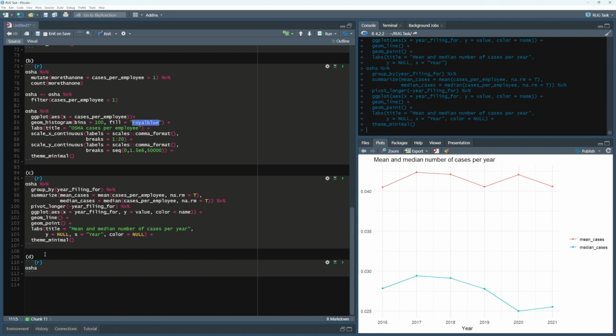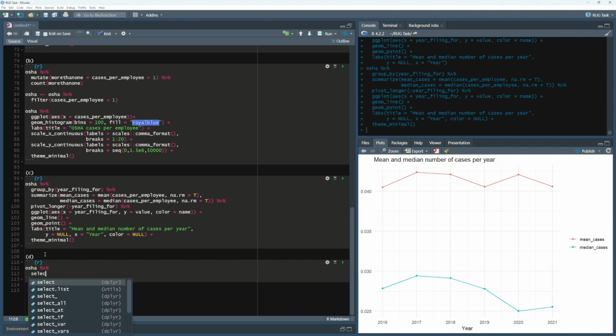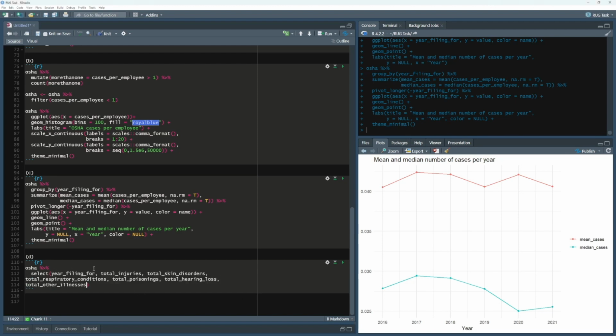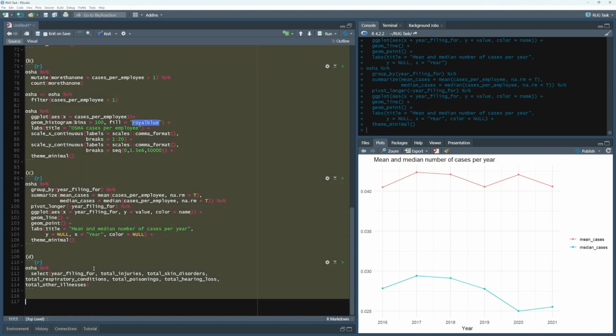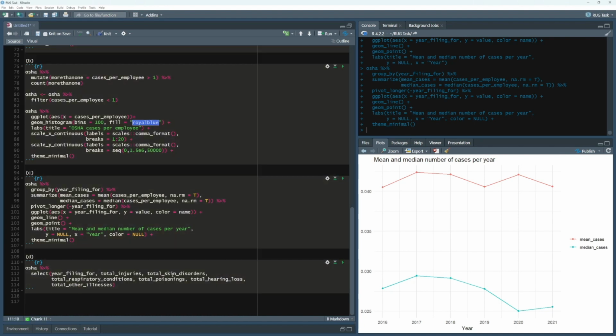And to do that, we're first gonna select just the columns we want to have a look at, which again I'm going to copy from the tasks here, and these are just some of the injury types: poisonings, hearing loss,